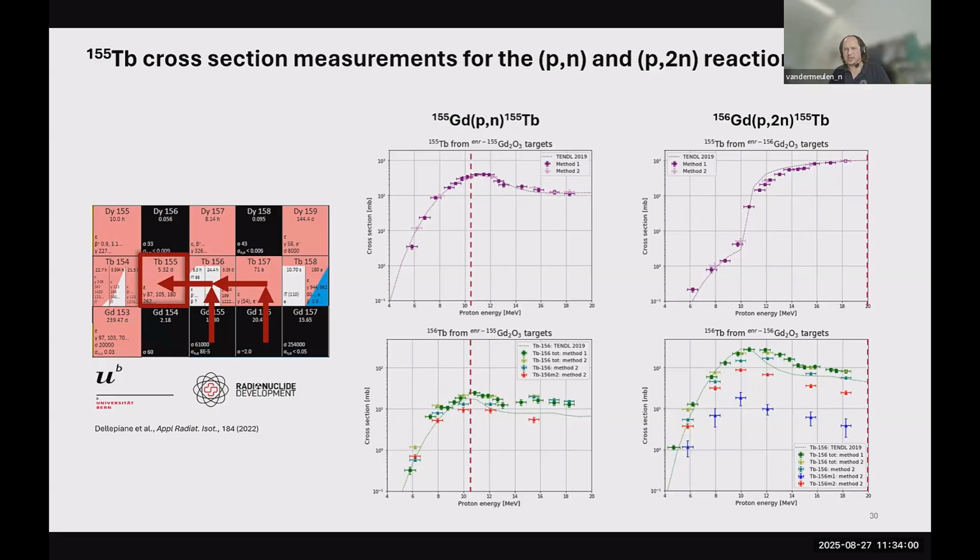We have to minimize that as much as possible, but that comes from the enriched target material and the reaction in play. So using the PN reaction on gadolinium-155 actually produces less terbium-156 than using the P2N reaction on gadolinium-156, even though you produce more terbium-155 that way. So this is where you have to determine which is the better option. Of course, right now at this stage of the game, this is still in the development stage and still being determined as to